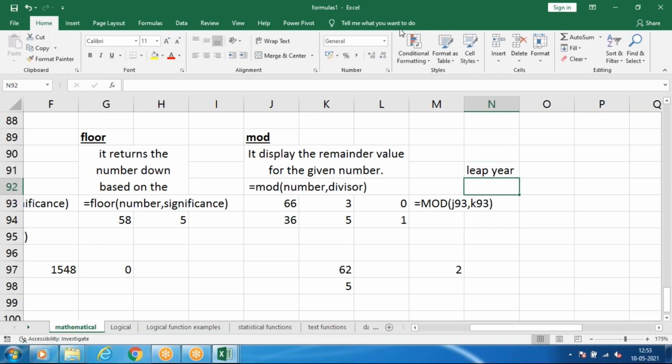A leap year has 366 days. So when does a leap year come? Every 4 years.